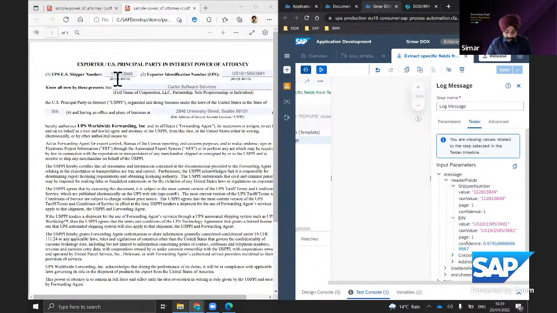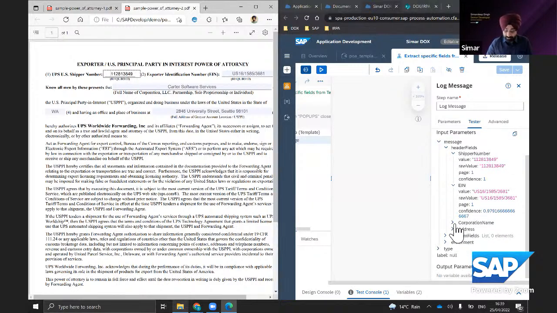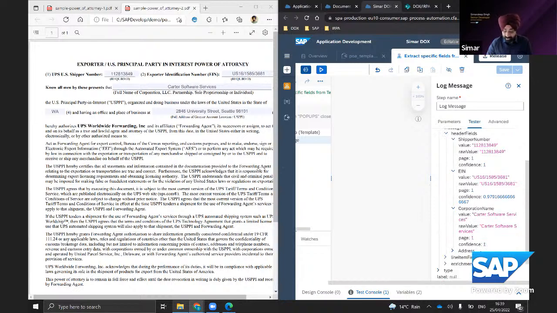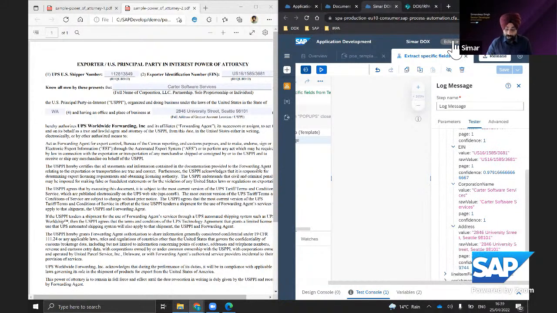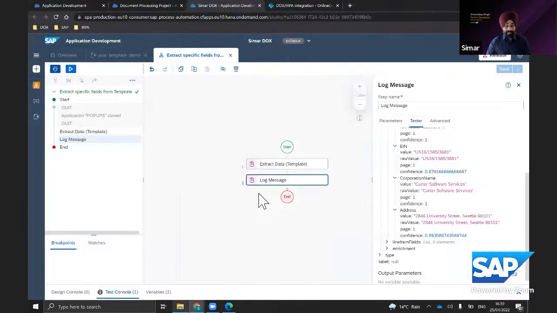The shipper number is 112813849. As you can see, the shipper number is extracted correctly, and similarly the EIN number and the corporation name, which is Carter Software Services, and then the address. So you can see how easy and flexible it is to use these activities and extract data from any kind of document.